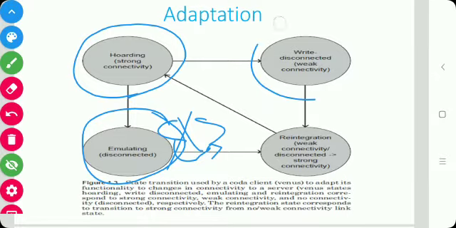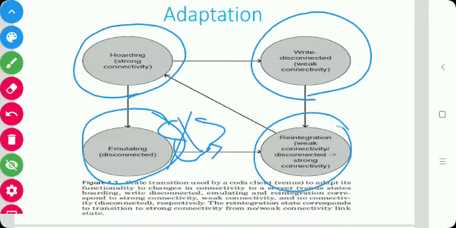The third state is write disconnected. Venus is in the write disconnected state when the client has weak connectivity with the server. In this state, a CODA client decides whether to fetch files from the server or to allow local access. Last is the reintegration. Venus enters this state when the connectivity improves to strong connectivity.